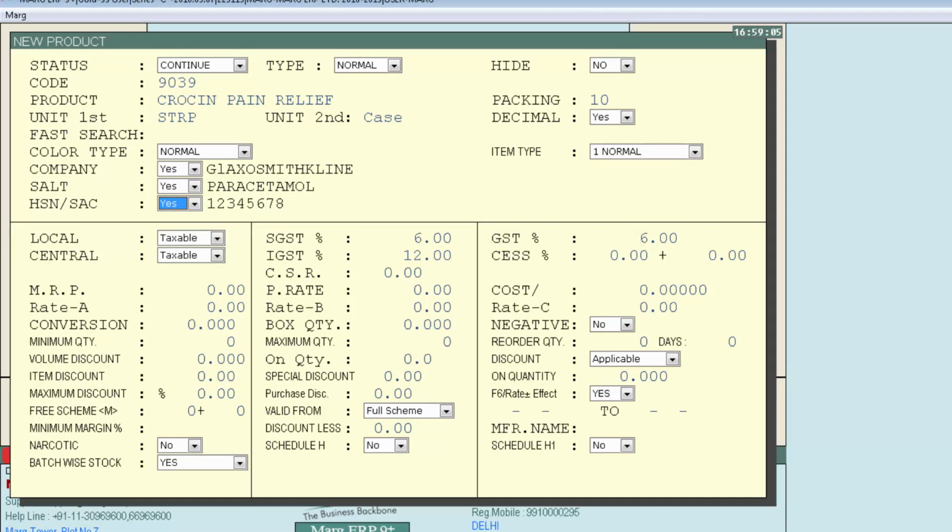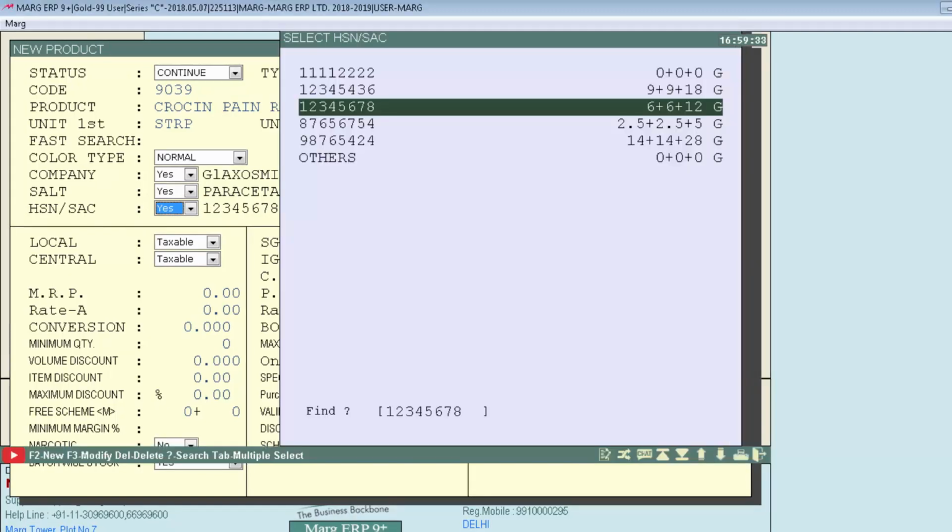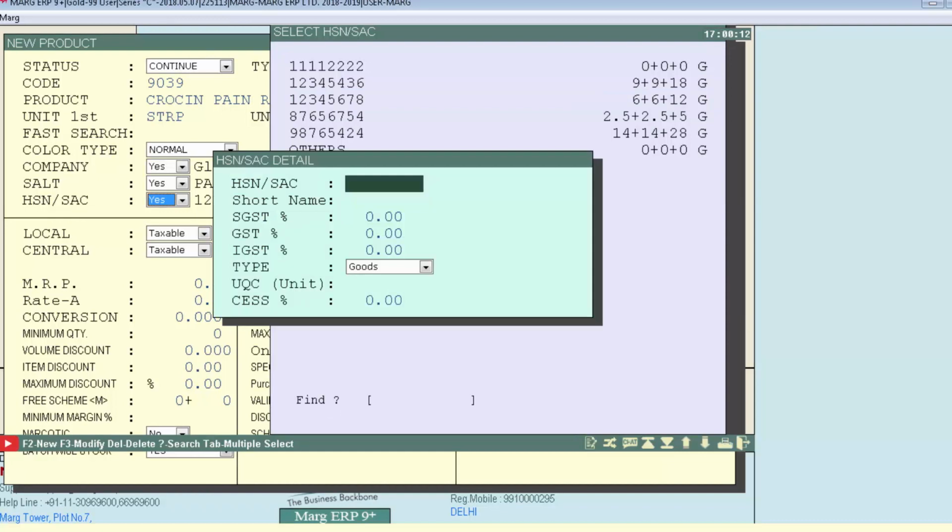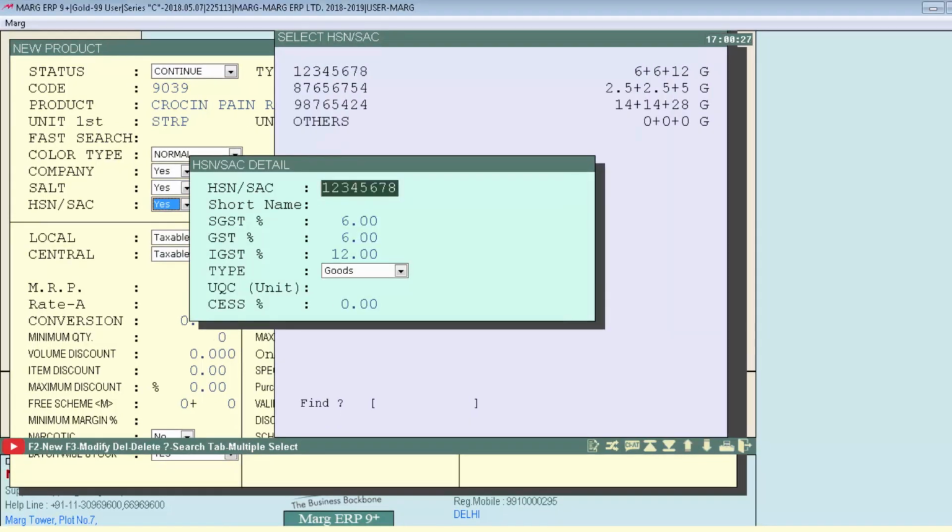Then is HSN SAC. From here you will select the HSN code of the item in which you deal. For it, we will press N from here. From here, you will select the HSN code for this item. Or if you want to create an HSN, you can create an HSN code by pressing the F2 function key and can modify it with the F3 function key.